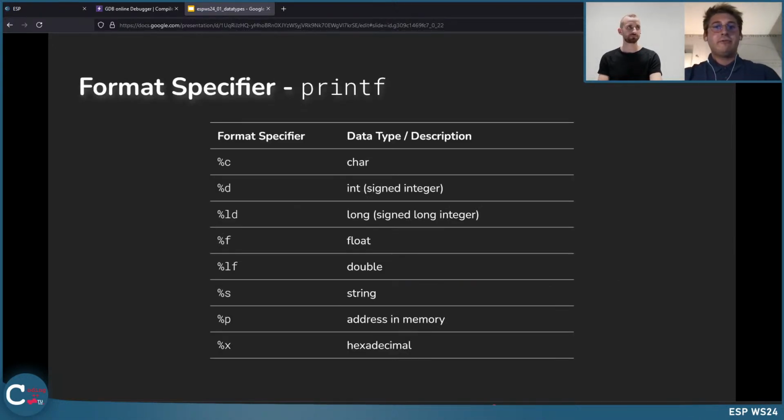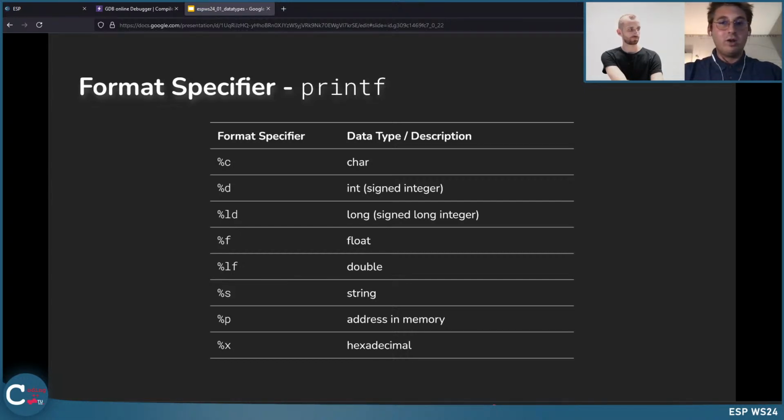Well, this is called a format specifier. Format specifiers are used, for example, when using printf, to print some variable that has a certain data type. So for each data type, or there are even more format specifiers, but each data type can be printed using one of these format specifiers.